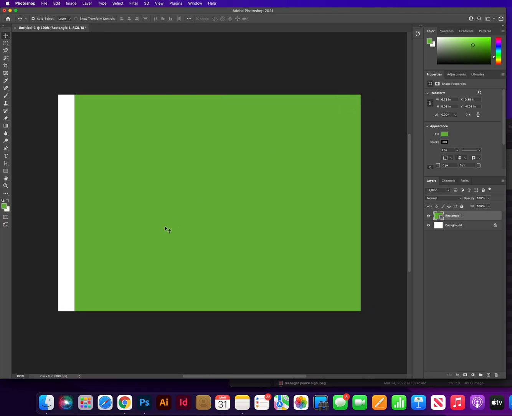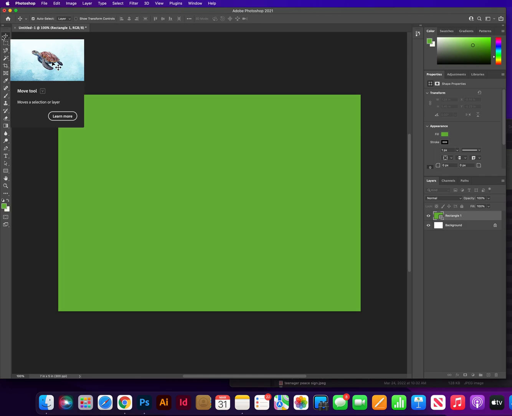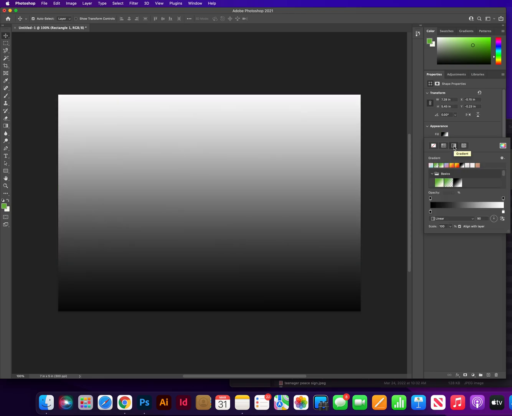Okay, so now I'm gonna go ahead and make this bigger. So Command T if you need to resize it. And then again, we're gonna play with gradients today. Okay, so when you go into the fill colors here, and if it's ever not letting you click on anything, just go right back to the move tool. The move tool is there to set what you have done and also to allow you to click on other things. So if you go into the fill, this third option over is a gradient fill,